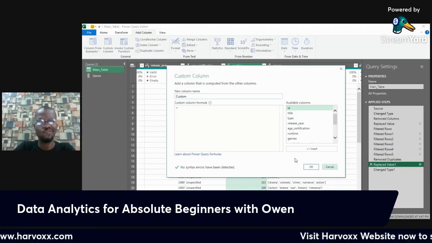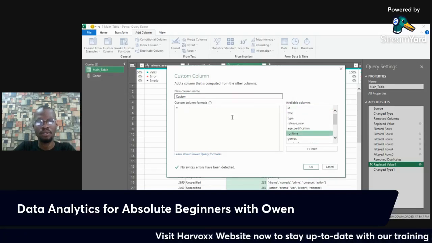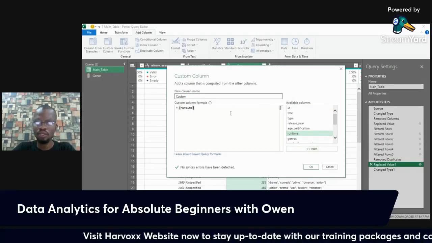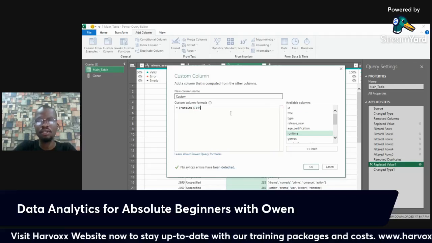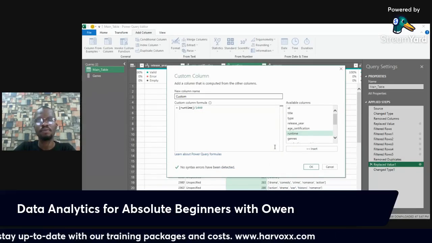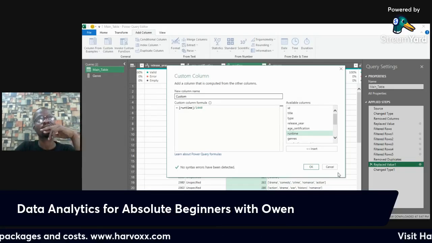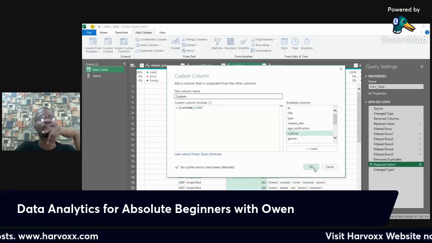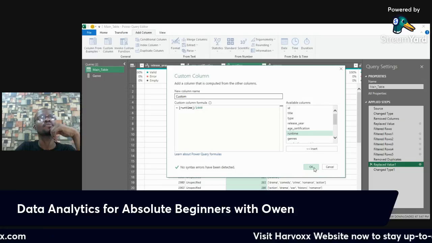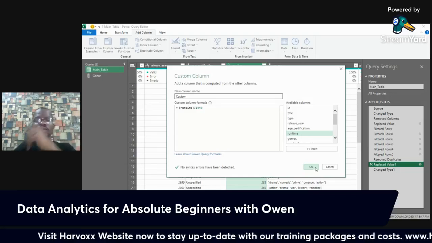And I want to say equal to runtime. So now we are learning also. I'm still thinking if I can do this directly on that column.